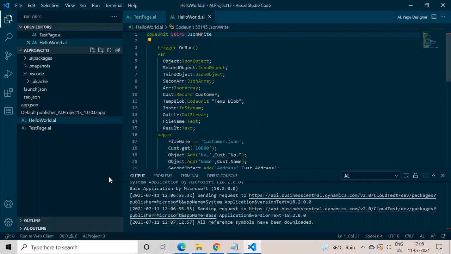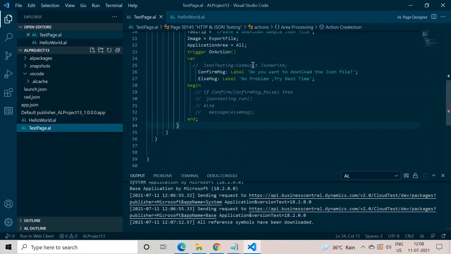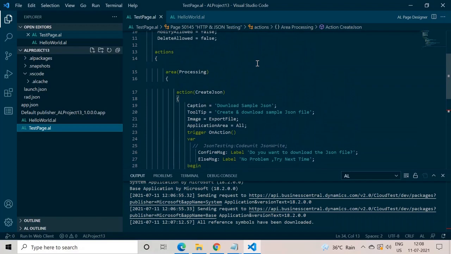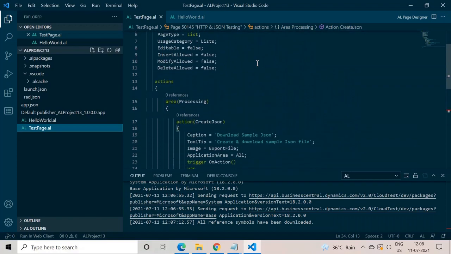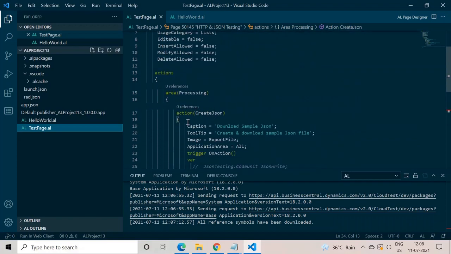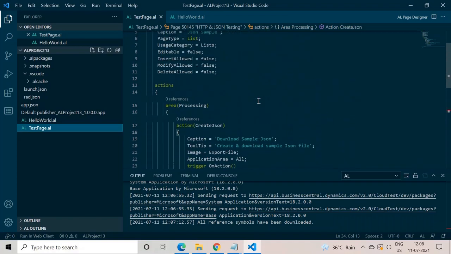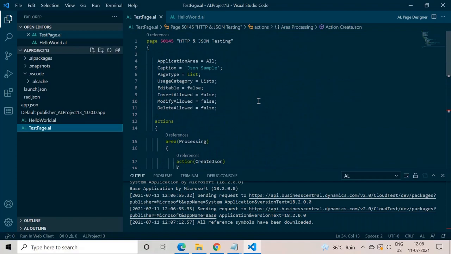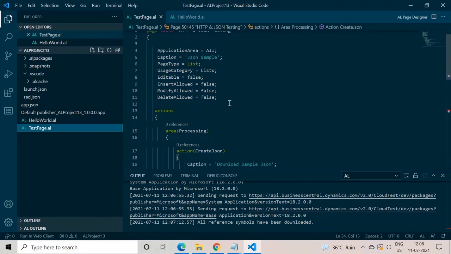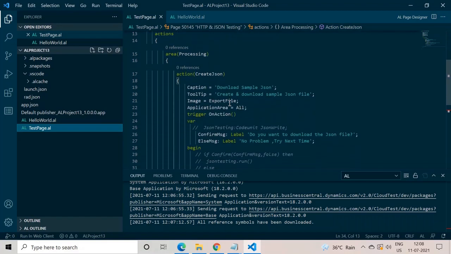I have already created a page before, and this page has only one action, which is create JSON, and it does not contain any field or any source table information. That's why I have set the properties like that: insert allowed false, modify allowed false, delete allowed false, because it has only one function.